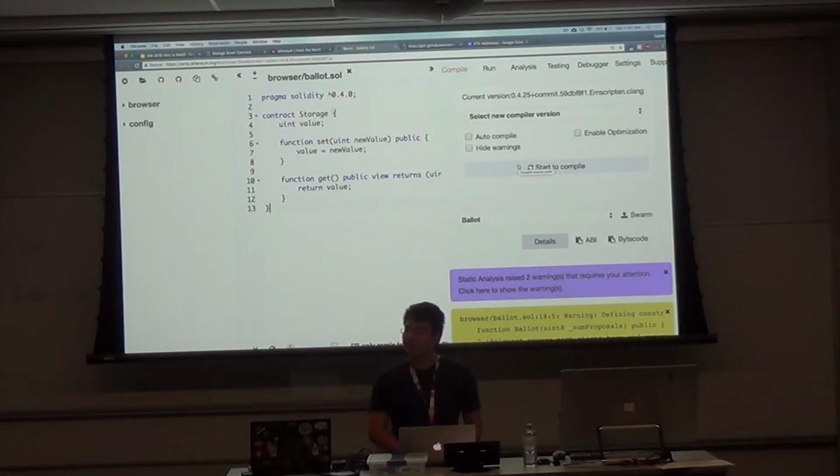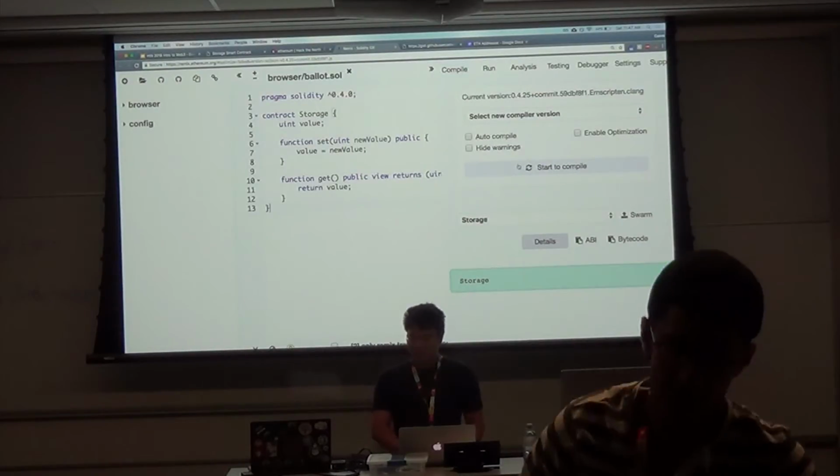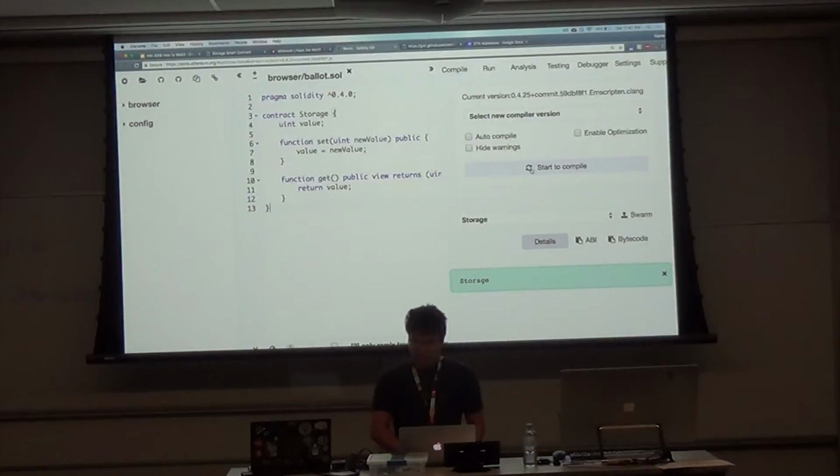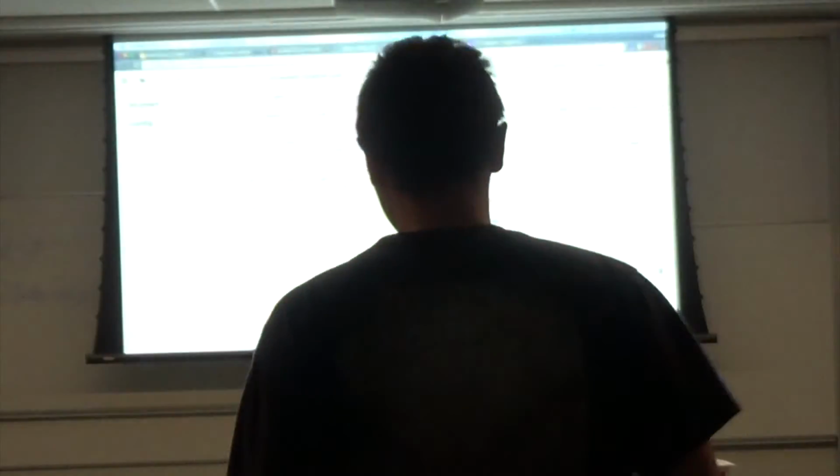It starts to compile. We can click on that. Here we go. Okay, all right. Everybody have a green storage here? If you guys are having any trouble, just raise your hand, I'll help you out. And then the code is here. So Run, we'll be going through it, and then deploy. It's the red button.